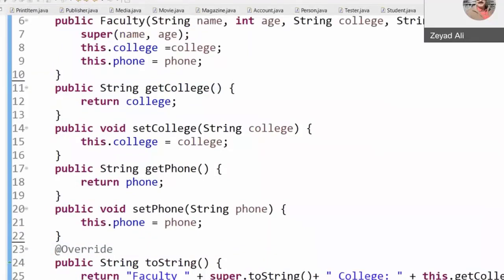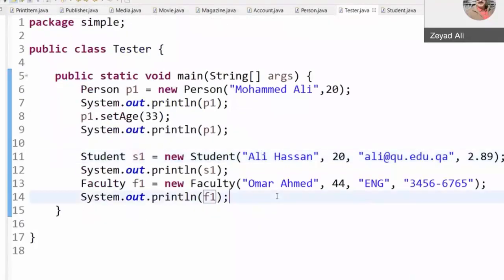So many examples can work with inheritance, but I need to tell you one important thing: student is a person, and faculty is a person. You can put an array of persons.